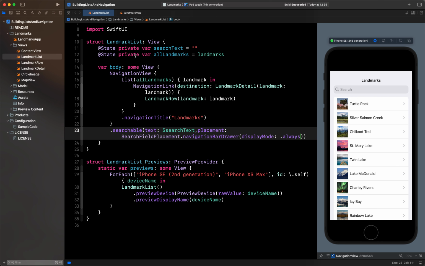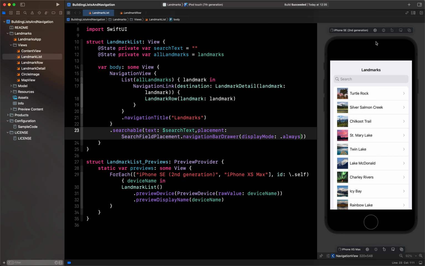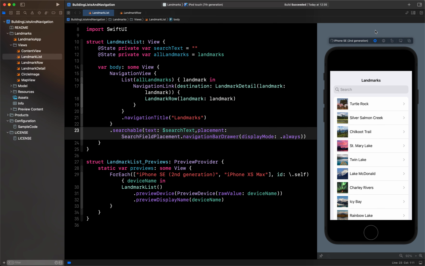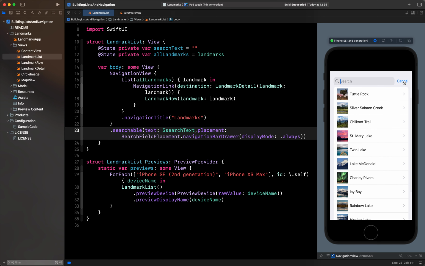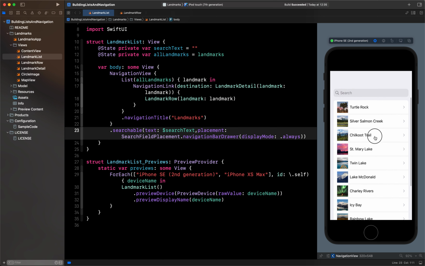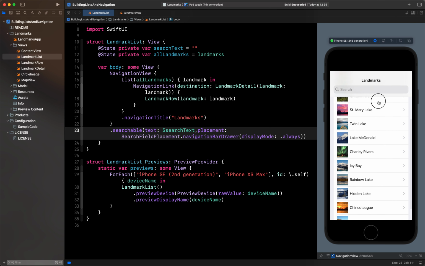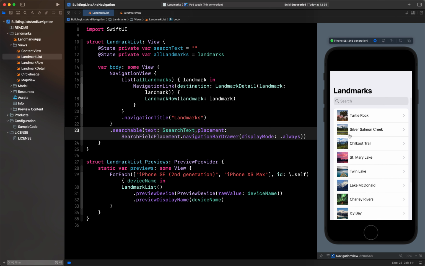So let's run the app and see. Now it's running. Let's scroll it and you can see it's now not getting hidden like this. So this is how easy it is to add search to the list view.